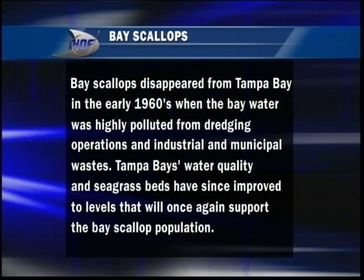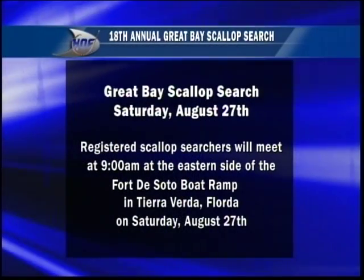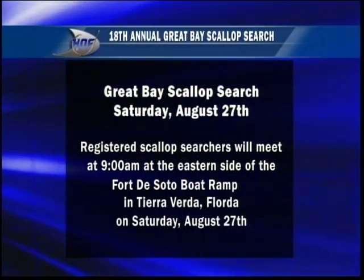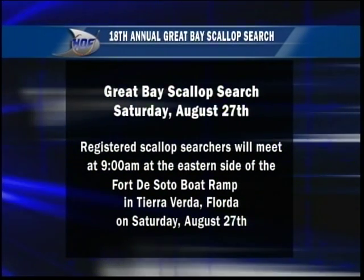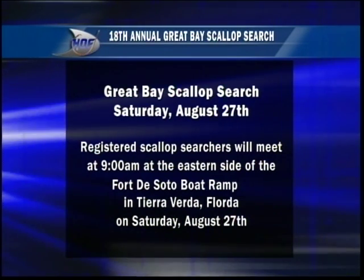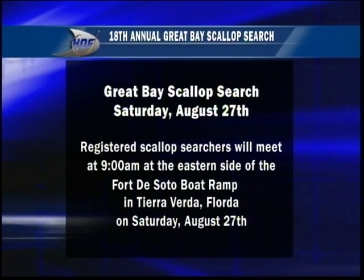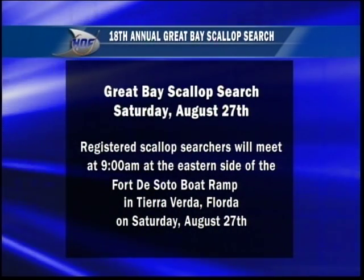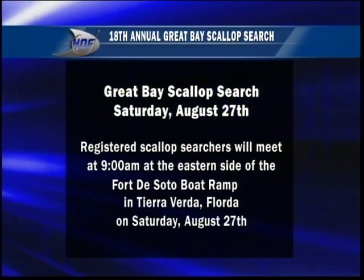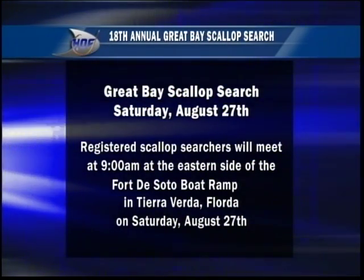But they're starting to come back. And over on the Tampa Bay Watch website, there's some information about the Great Scallop Search. There it is right there, Saturday, August the 27th. And you can get over there and get involved with Tampa Bay Watch. Call them or email them. They need volunteers, and they'll give you a little area. And you go out and you have this certain area that you and all your friends scallop along and see how many you find. You count how many you got, you measure them and do all this kind of jazz,